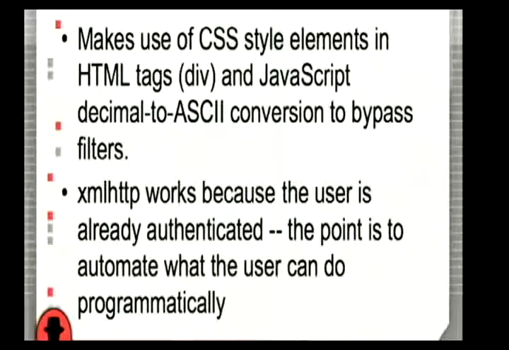the extent of it. SAMI worked by putting a style parameter onto a div tag that told it to execute a JavaScript chunk of code. That chunk of code was encoded using the decimal to ASCII conversion that's built into JavaScript. And from there, it created the XML HTTP object to forge requests from the client back to the server. And that's important because once you can do arbitrary XML HTTP requests from inside the browser, you are that